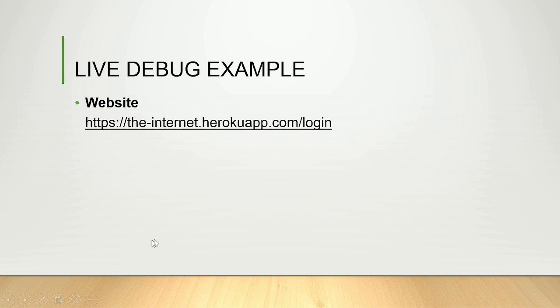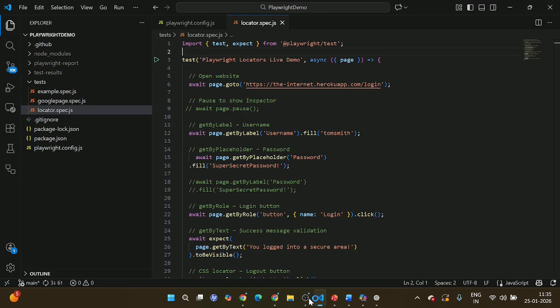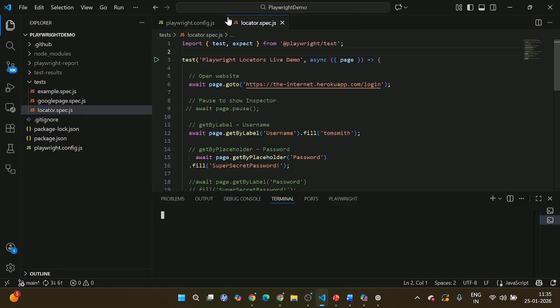Now let's debug a real test on a live website. We will use this login page to demonstrate a very common locator mistake that beginners may make. So I am opening my Visual Studio. This is the locator.spec.js test case we created and executed last time. So now we can run every debug command step by step. I am opening the terminal, new terminal,